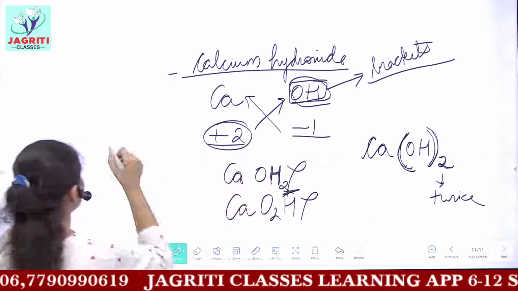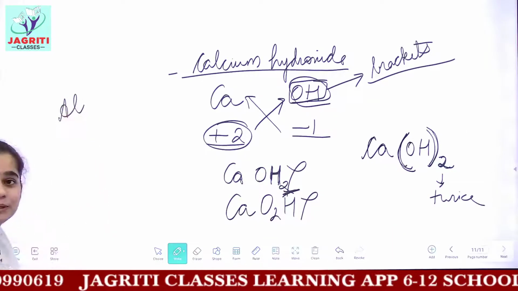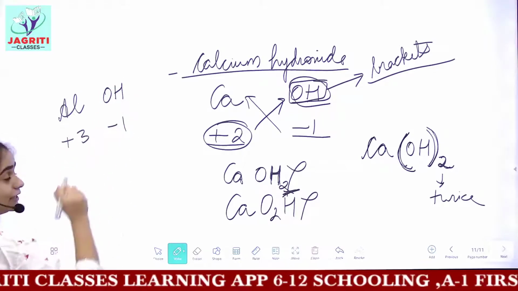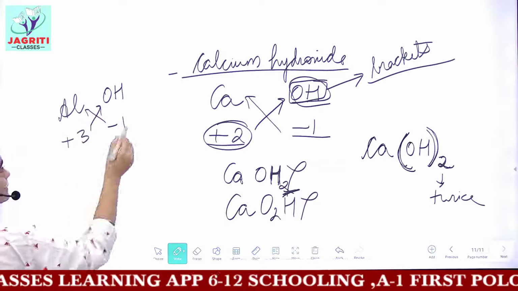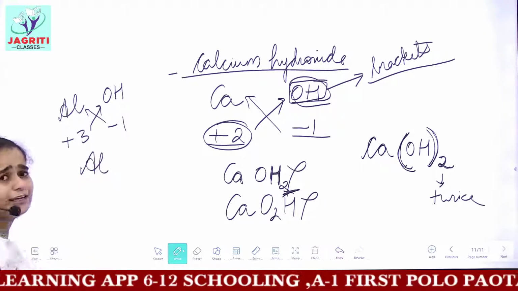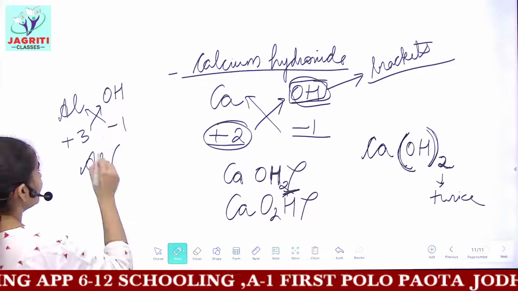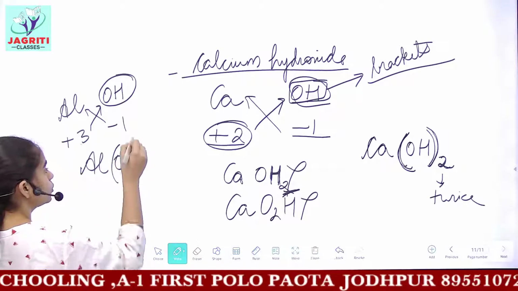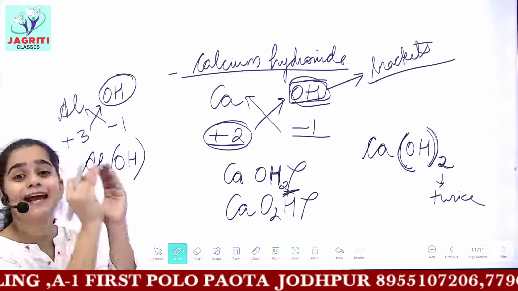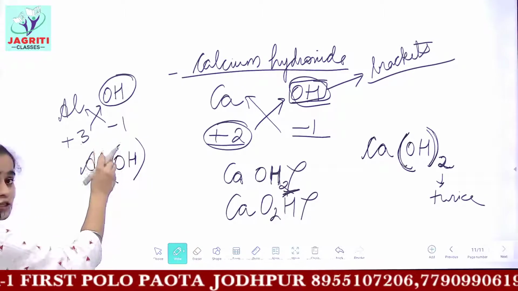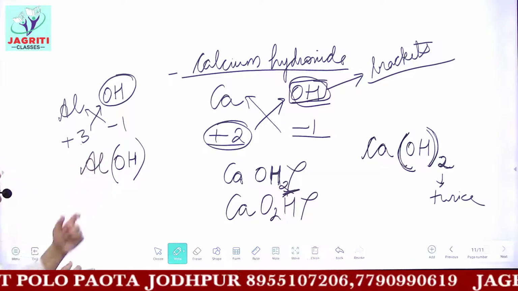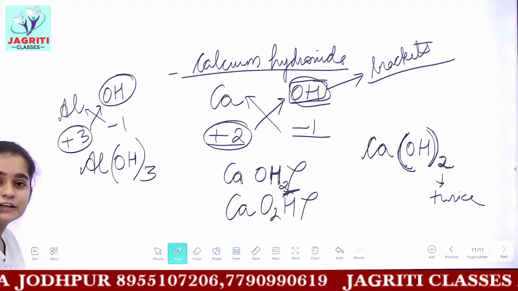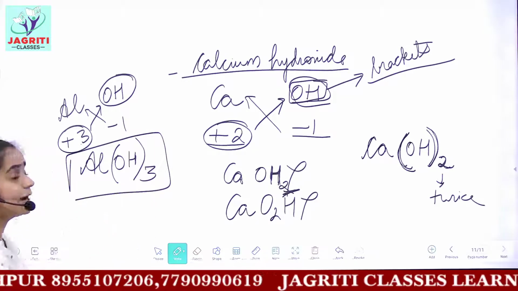If you had aluminium hydroxide, the symbol of aluminium would be Al, the symbol of hydroxide OH, the charges are +3 and -1. So the formula which you will get is Al would be 1. So no need to write 1. And OH, before writing any number with any polyatomic ion, what do we have to do? We have to enclose the polyatomic ion in brackets. And after enclosing the polyatomic ion in the brackets, you write the coefficient, that is (OH)3. So this is the formula of aluminium hydroxide.